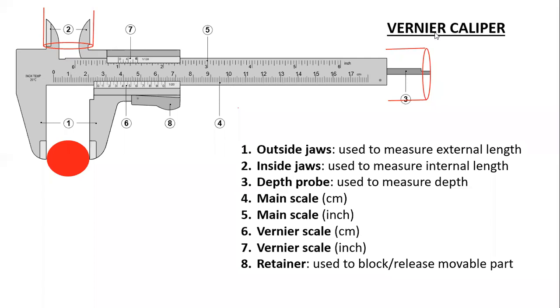Yes, Sudhanshu? Sudhanshu, can you hear me? Yeah, sir. But in some vernier calipers, there is a tightening screw instead of a retainer. Yeah, even that would be okay. There are various forms of vernier calipers. In that case, you just need to roll it, and once the object is fixed, you can tighten it so that it retains it. Okay. And even some of the scales will have only a centimeter scale, so it varies. Not a problem.